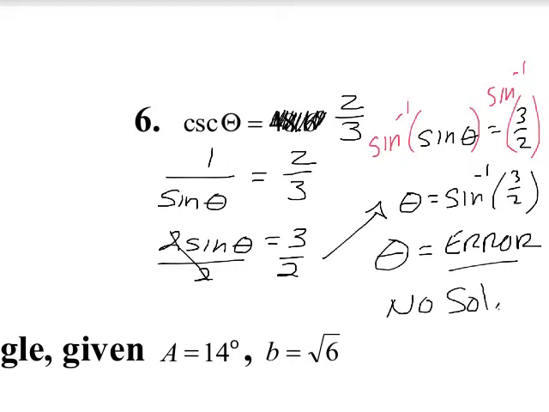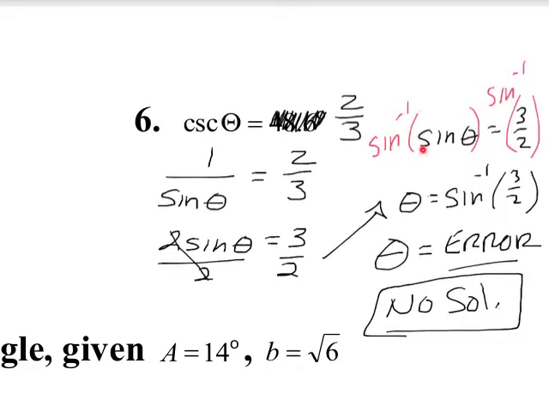Okay, well the question is, why is that impossible? Well, the easiest way to think about it is this. If we go back to this equation right here, sine theta is equal to 3 over 2. Remember, sine of theta is equal to opposite over hypotenuse. Well, let's see. If this is saying that sine is equal to 3 over 2,